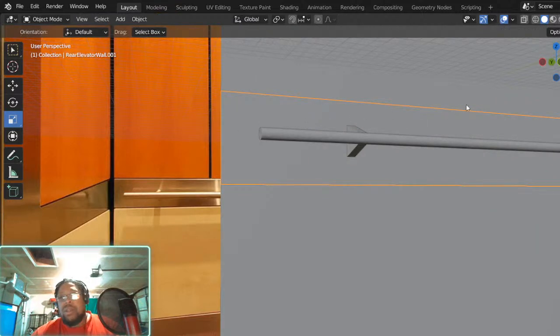Just select that only. Name of this: rear elevator wall. Do I call this metal trim? Yeah, I'm gonna call it metal trim.